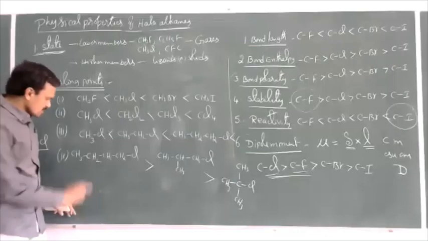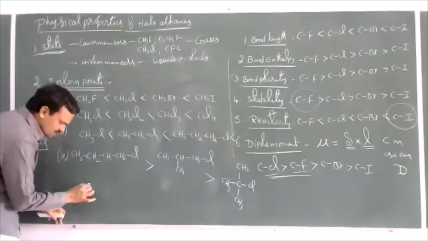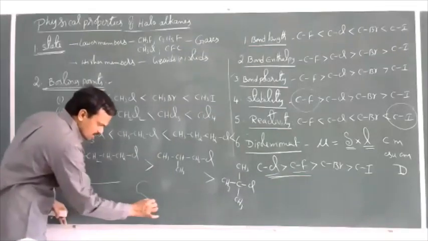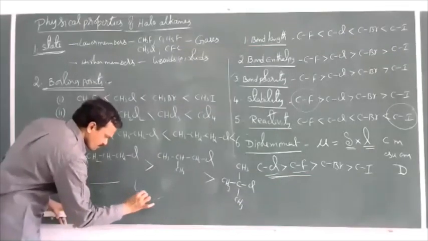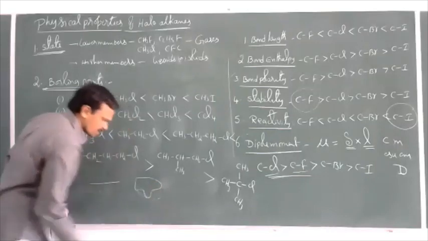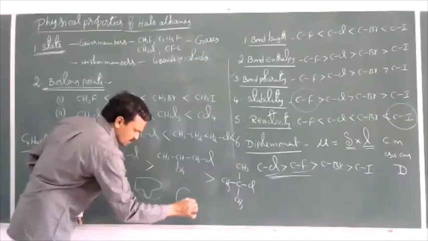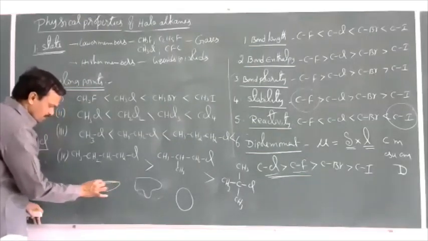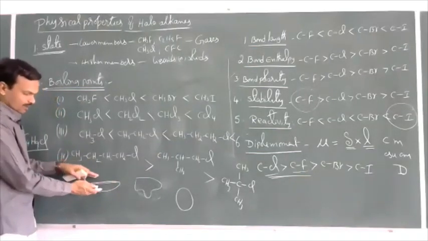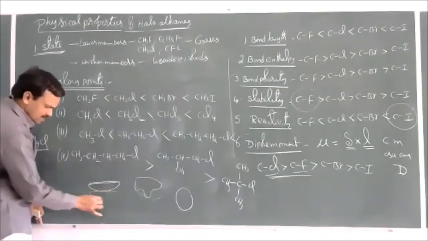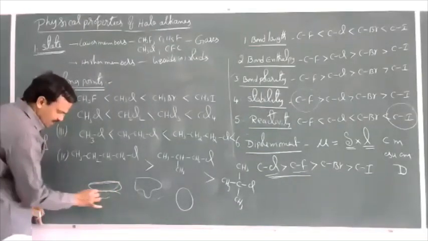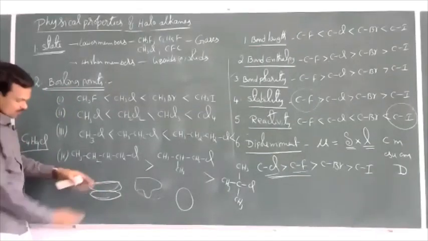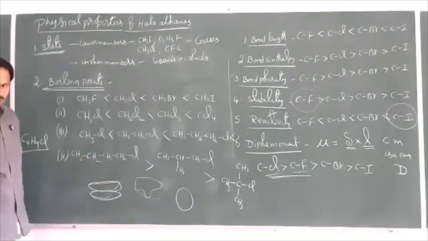The reason is, here all 4 carbon atoms are present in a long chain. Here one branch came like this, and the structure becomes like this. The molecular structure becomes like this. Here almost a spherical structure like this. So between 2 molecules, the contact area is more. If you take one more molecule here like this, between 2 molecules, the contact area is more. That means attractive forces between 2 molecules will be more. To separate these, more energy is required.